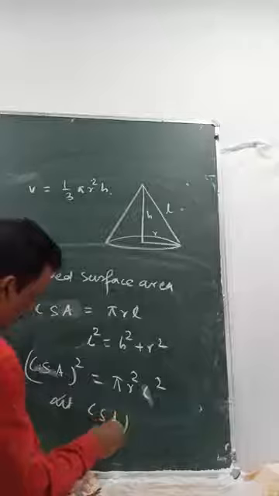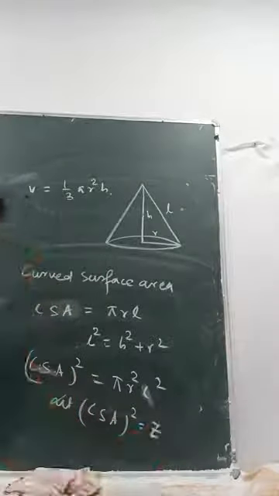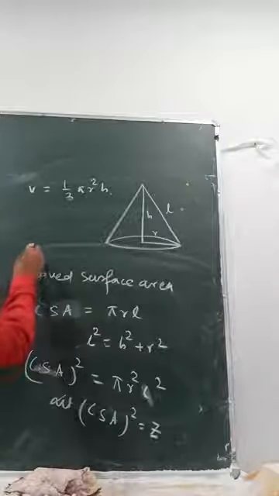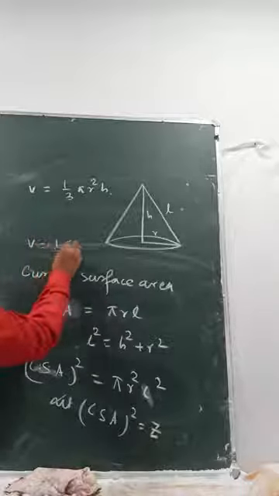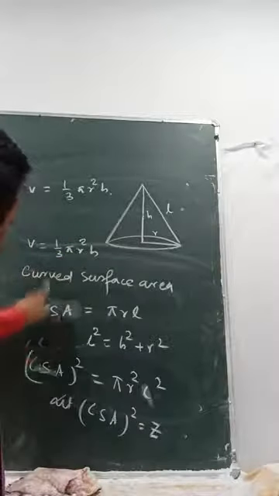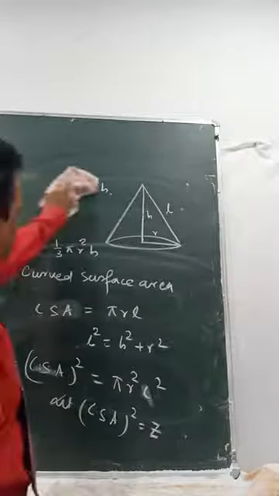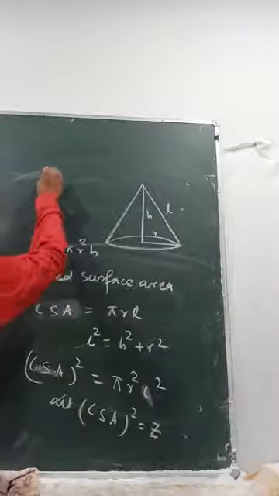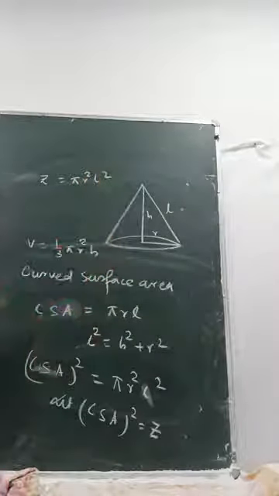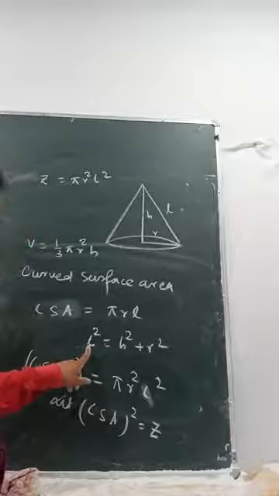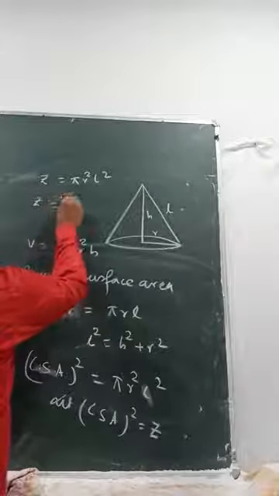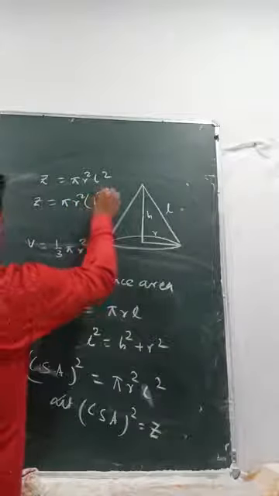Curved surface area, you can just give a symbol, give any symbol, say z. So I can write, let me write that V here, 1 by 3 pi r square h. Let's keep it like this, because this we have to use now. You got z equals to pi square r square l square. अब l square में h square plus r square पुट करो. So z equals to pi square r square into h square plus r square.